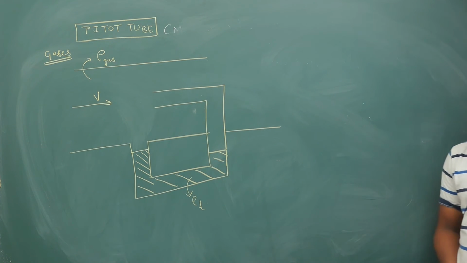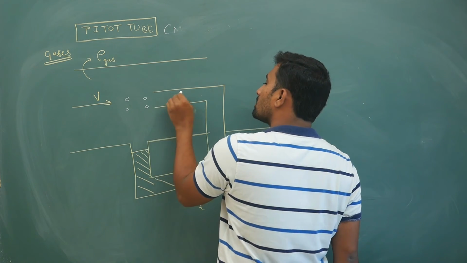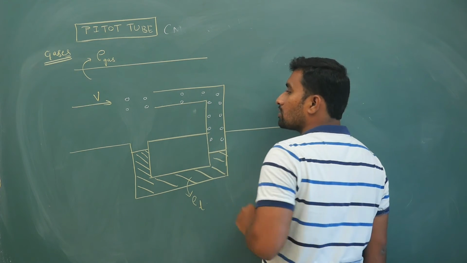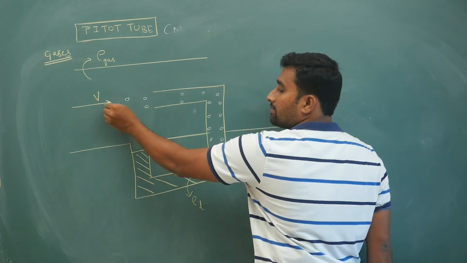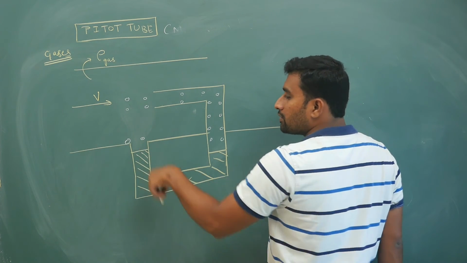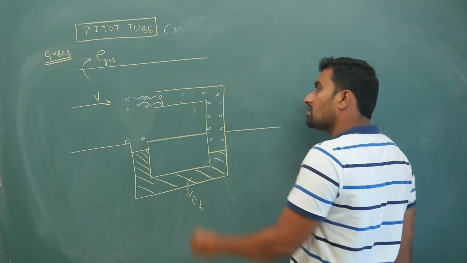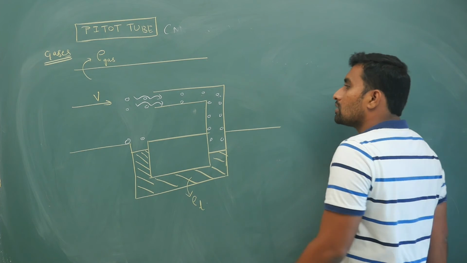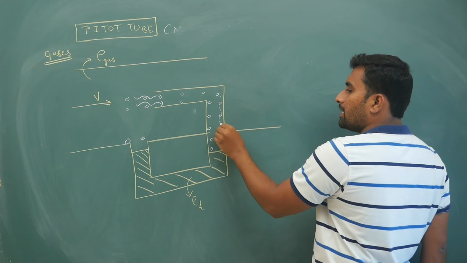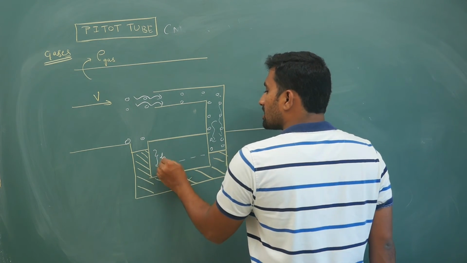Now observe carefully. Here the gas molecules will keep moving like this, they will strike this surface, and eventually come to rest. With high velocity they will be coming like this. These molecules coming through this will not enter into this because of high velocity. Only the molecules coming from the top section will hit the surface and try to come to rest, so they will be pushing the liquid a little downwards. Here also, take the height difference as h.